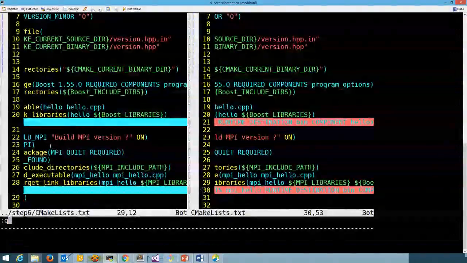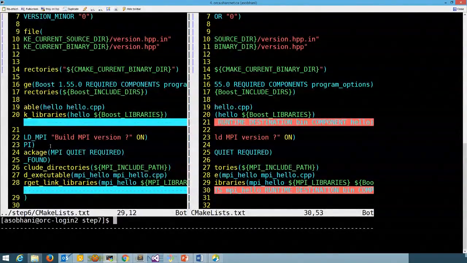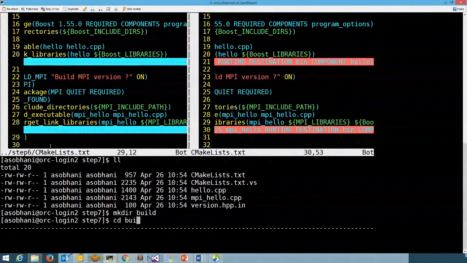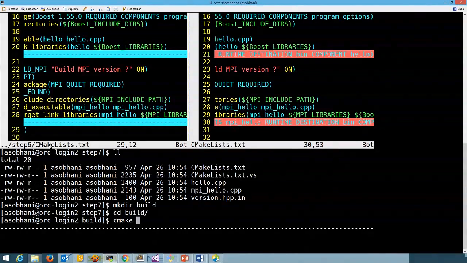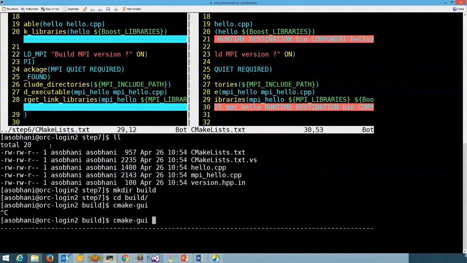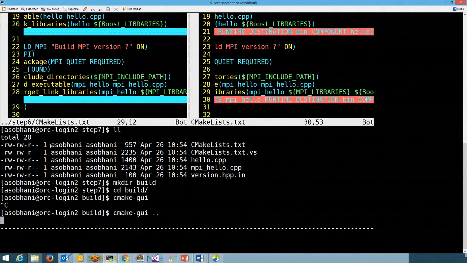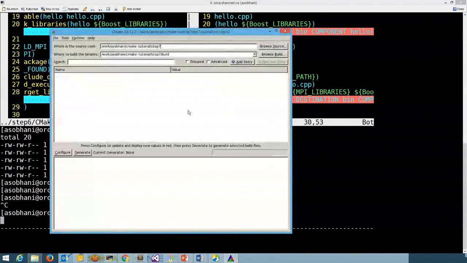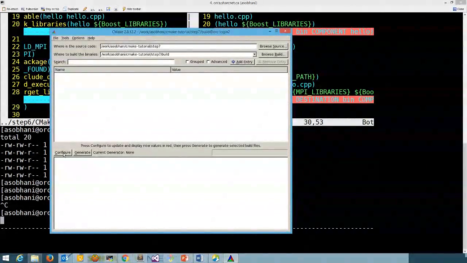Now, if we do the CMake, make the build directory, and open the CMake GUI. Here, if we configure the package,